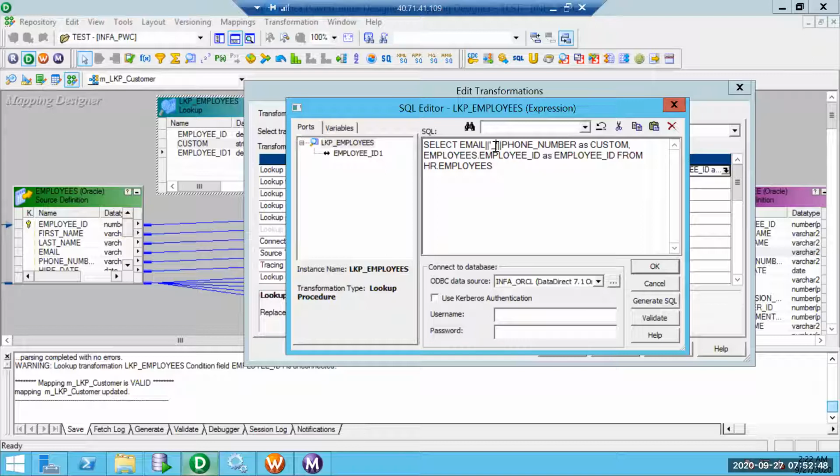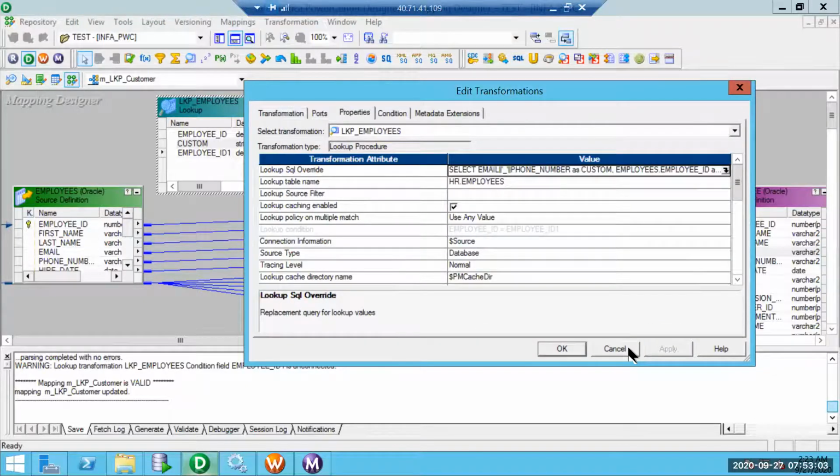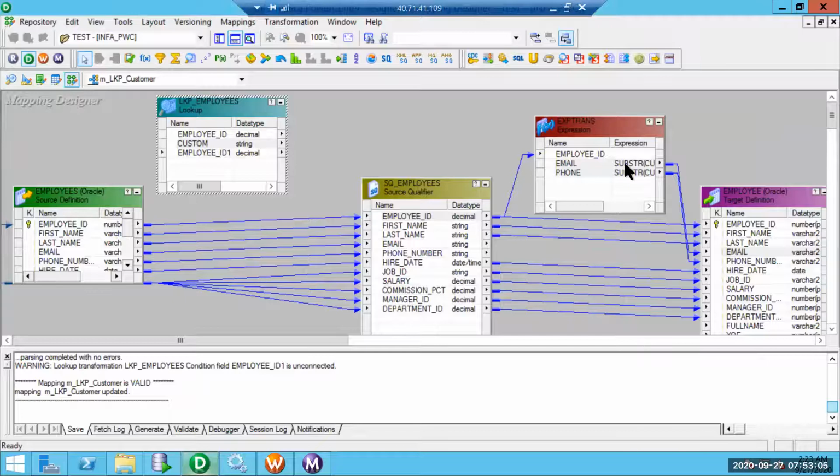In that case, you can make use of a combination of characters like hash and dollar, special characters that can be used to uniquely identify the email and phone number strings, which can be split in the expression transformation, and we can populate them in the target.